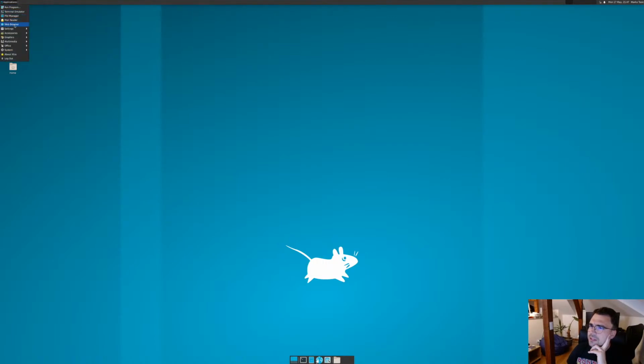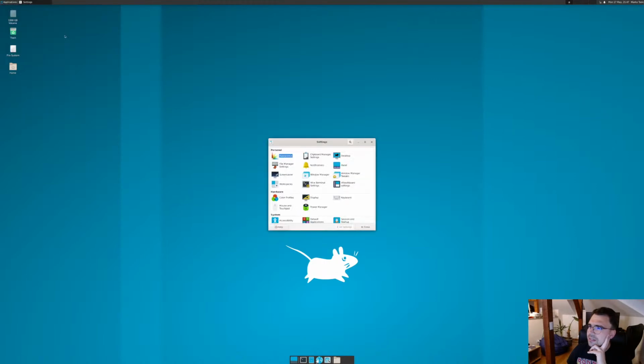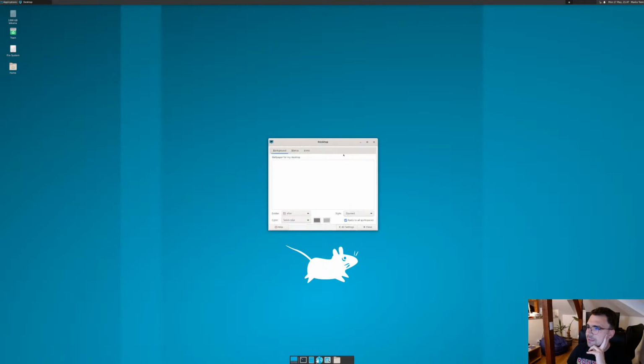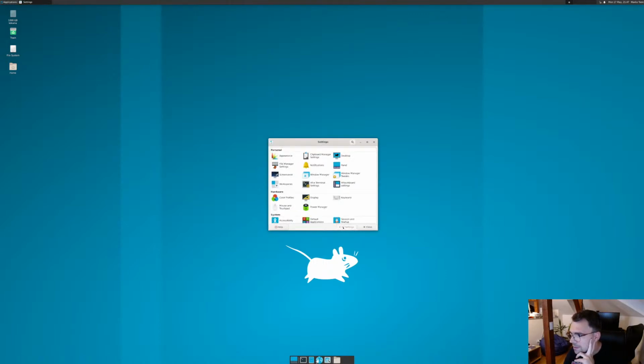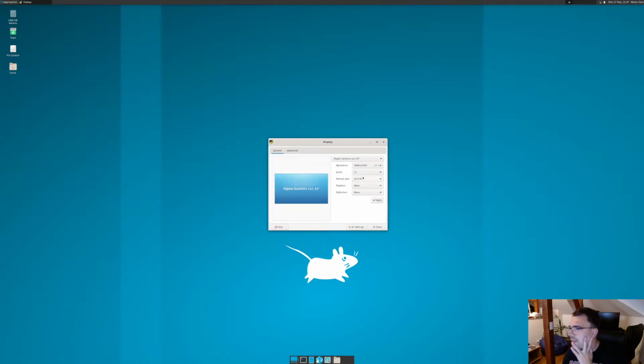Application settings, display. No, this is desktop. Displays here. It says there is actually scale here. I didn't know this, but let's switch to